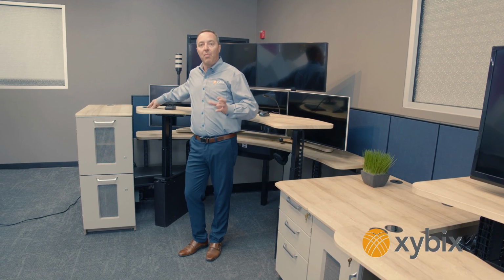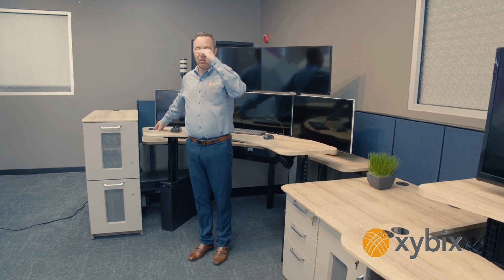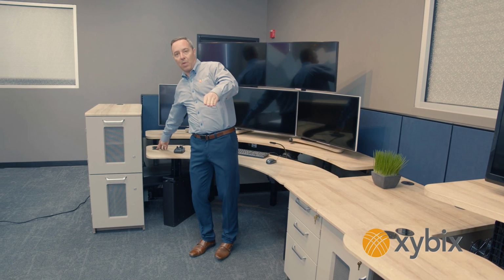Next, we're going to talk about the monitor surface, which is also about where it is in relation to your eyes, okay? You want to have it at a 20-degree downward angle. What I'm talking about is the monitor, so we'll show you that next here. Okay, so the monitor surface, we're looking at the exact same height range, but for a little bit different reason. All right, so what I'm going to do is lower this down, and it's also going to go down to